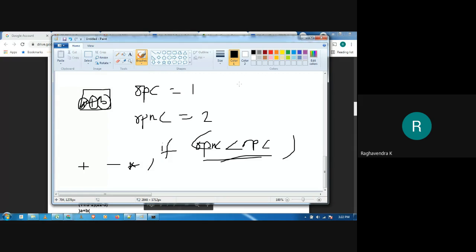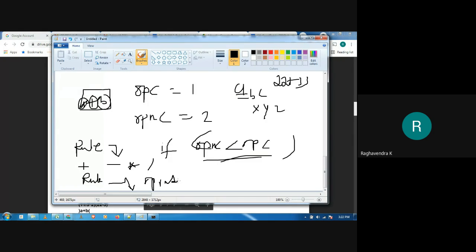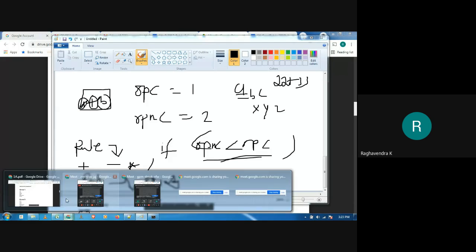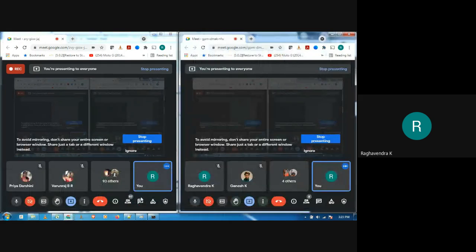So operand means what? It can be something like A, B, C, X, Y, Z, or something like this. Or else we can also use numbers, right? So 22 plus 33, something like this. So what is the rule that we are supposed to write for operands? Can anybody mention here? What rule can we write to identify an arithmetic operator, and what is the rule we can write to identify operands?